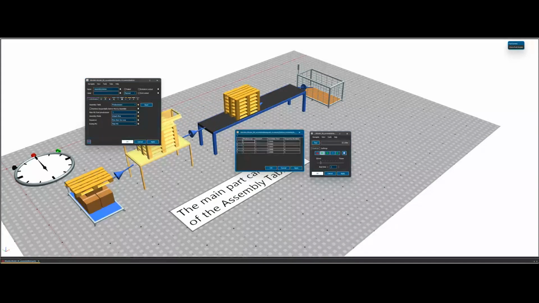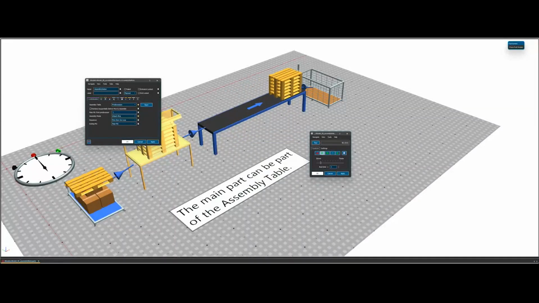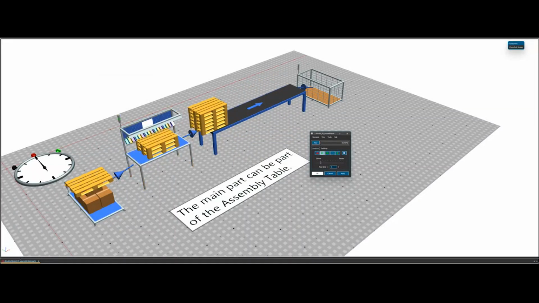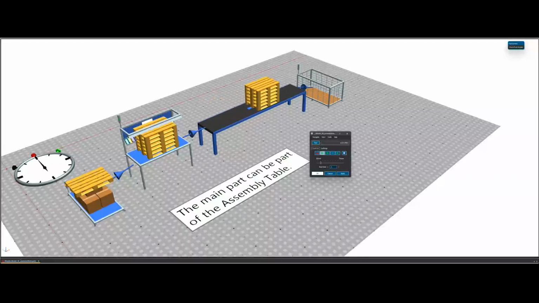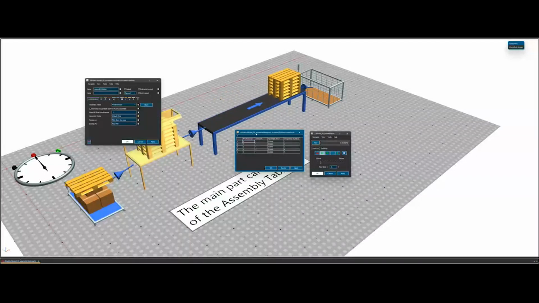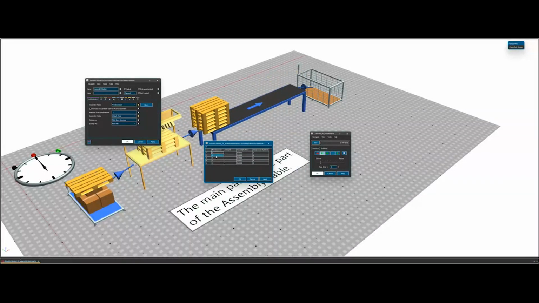I can't recall, 5 or 6 pallets high. Yeah, so six pallets in total. So it's taking one pallet, considers it as the main part, and then I'm using the predecessors mode, which is the only mode that is working with this only one predecessor setup. But you are now allowed to enter the main part predecessor number into this table.